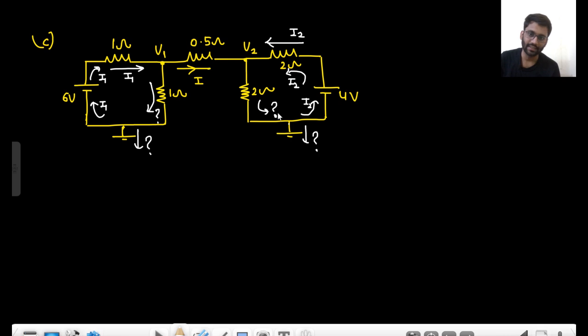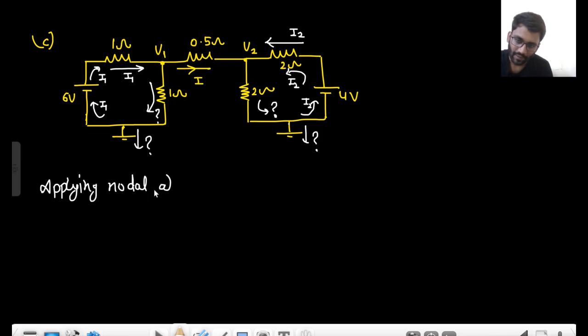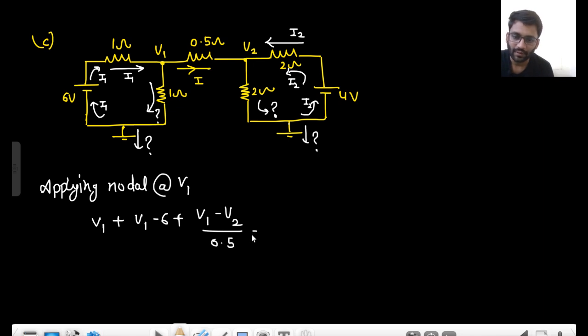So here you can't really say that this I2 current will be flowing that way. So here you will need to apply the nodal analysis. Applying nodal at V1. So V1 by 1 plus V1 minus 6 by 1 plus V1 minus V2 by 0.5 is equals